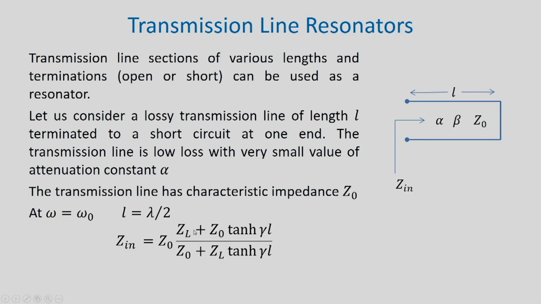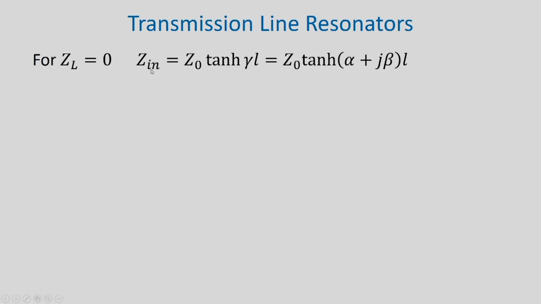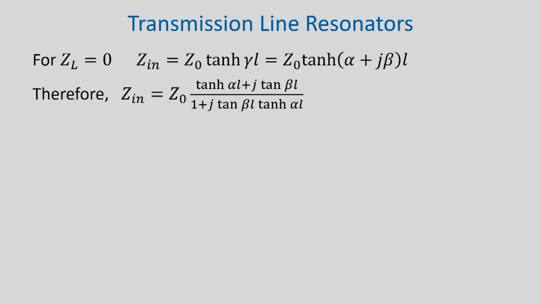Now, in our case ZL is 0, so we have only one term left, and therefore, when ZL equals 0, Z in is Z0 tanh gamma L. Now, we can substitute gamma as alpha plus j beta, and therefore, Z in becomes Z0 tanh of (alpha plus j beta) multiplied by L,